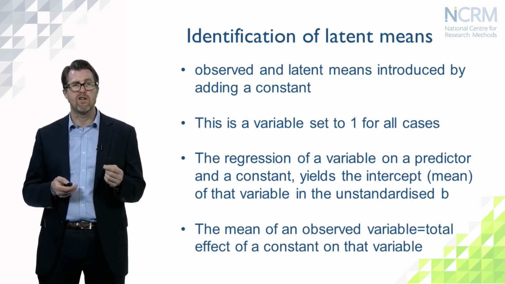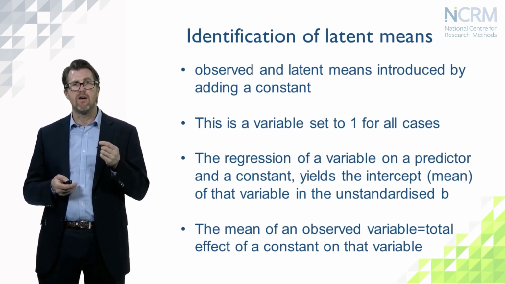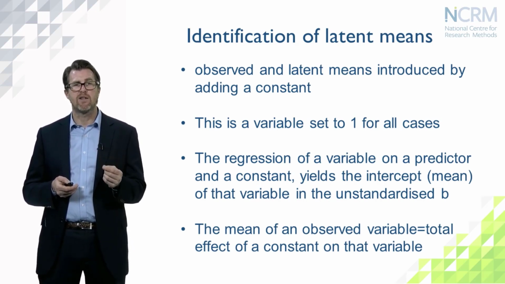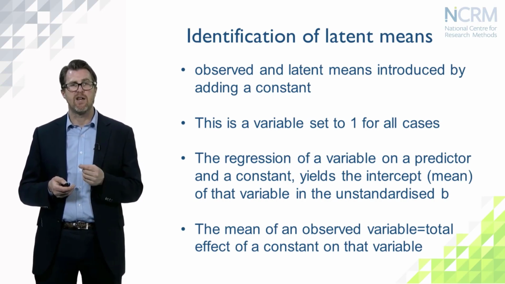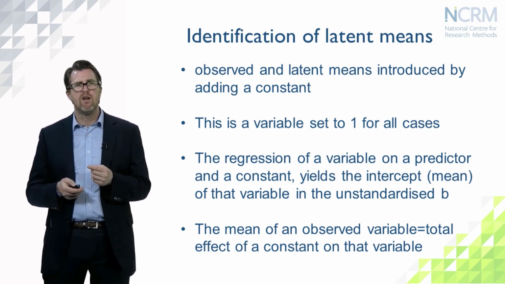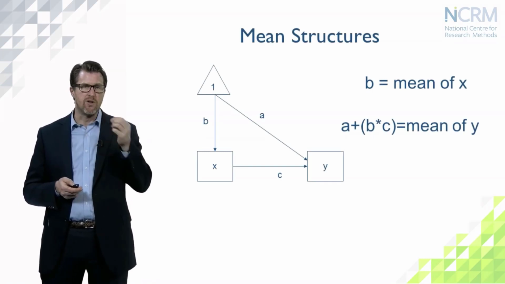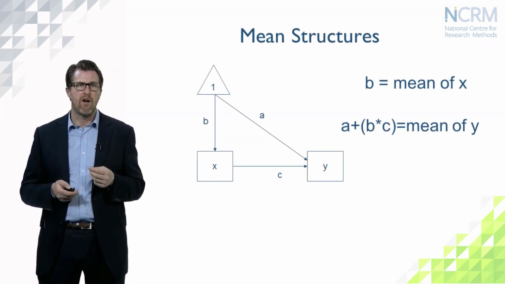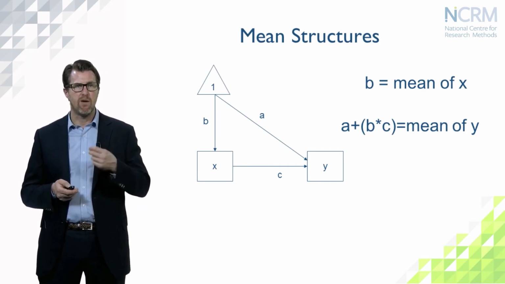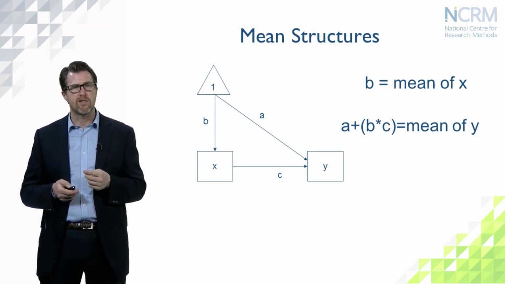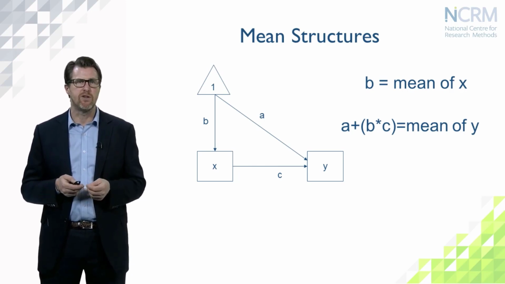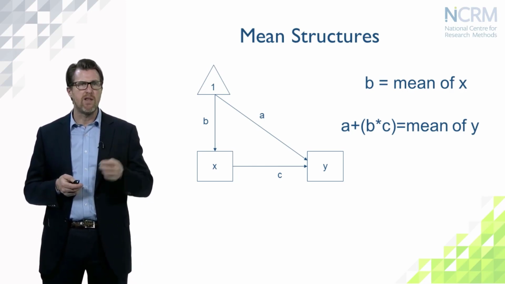The total effect, as we saw in video 1, is the sum of the indirect and the direct effects. So if we now introduce a constant, which in path diagrammatic notation is represented as a triangle, and here we have the number 1 inside the triangle to indicate that the constant is 1,